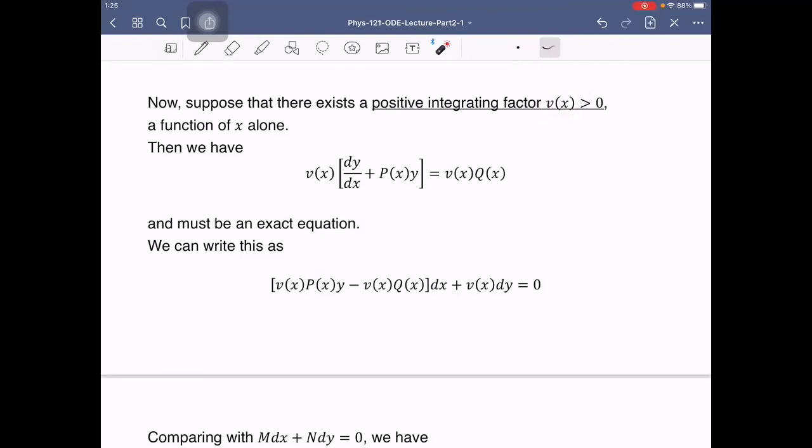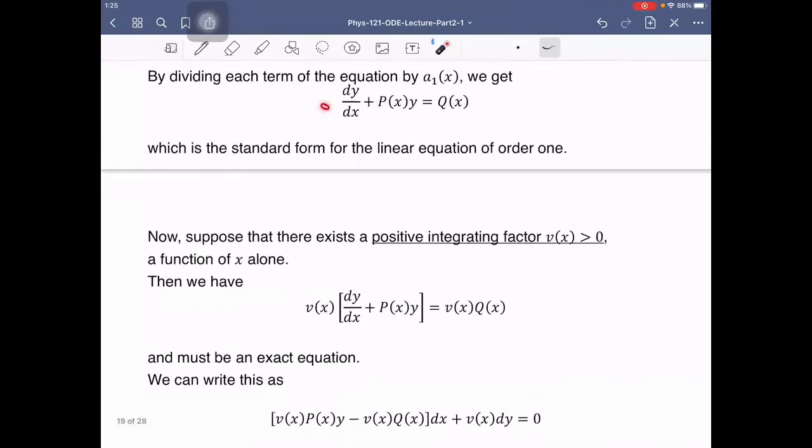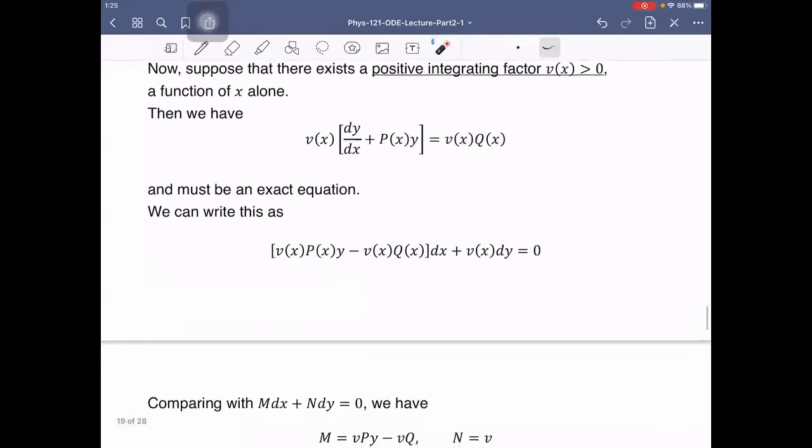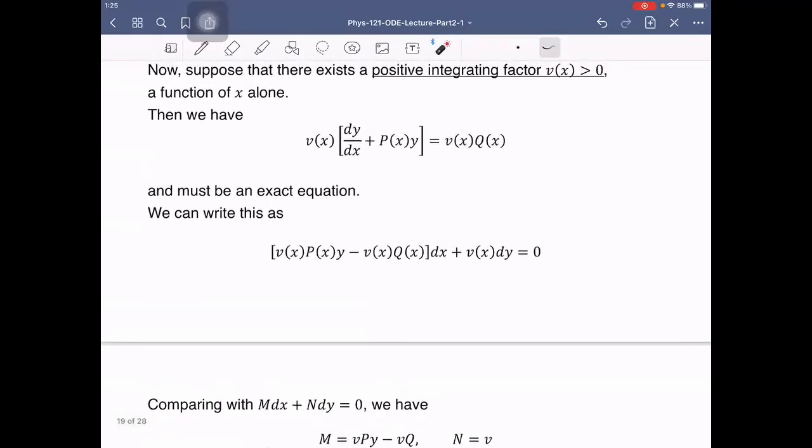Pwede natin i-multiply yung buong equation natin. So both sides multiplied by that integrating factor. Ang sinasabi lang dito na this equation ay should be an exact equation. Okay? So we can rewrite this by multiplying yung v of x dito sa expression na to, and then rewriting